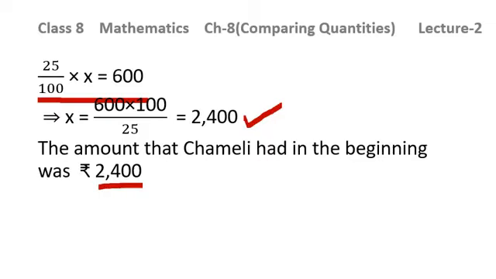If SP of an article is more than its cost price, then the dealer makes a profit. And if SP of an article is less than its cost price, then the dealer suffers a loss. And we have learnt the formulas of profit percent, SP and CP, loss percent, SP and CP. And we have revised the homework solutions of exercise 8.1 also. Children, I hope you will now be capable enough to solve the questions of exercise 8.2 based on the concepts taught in this lecture number 2.